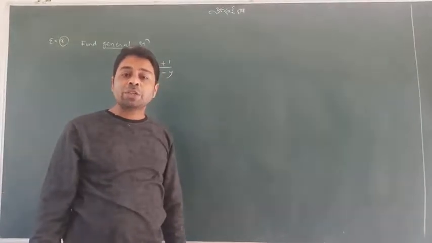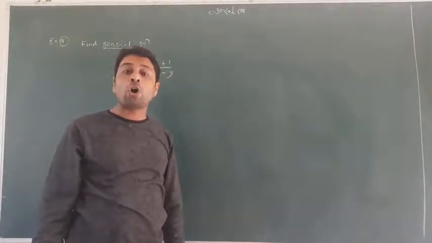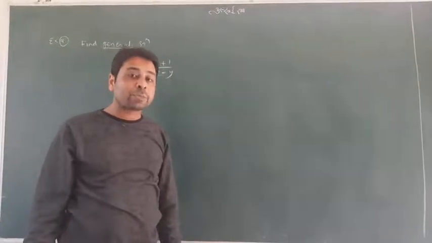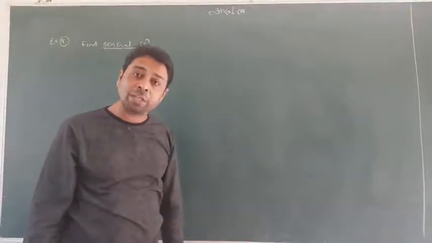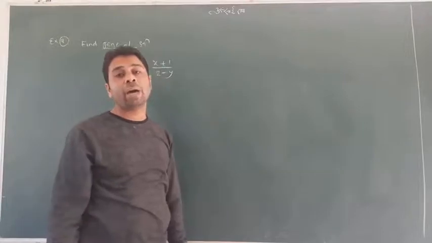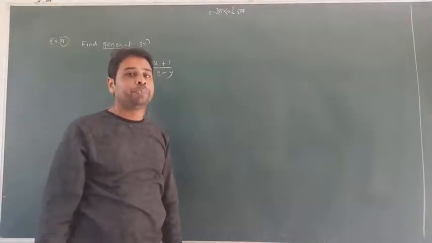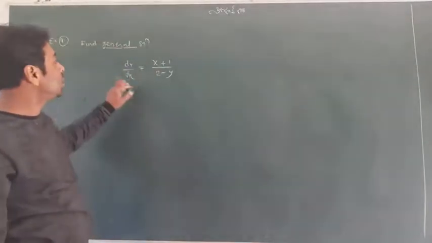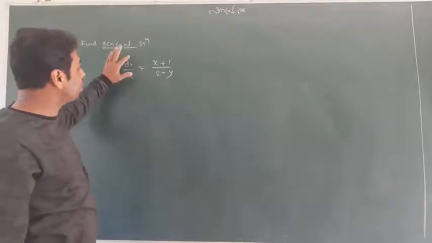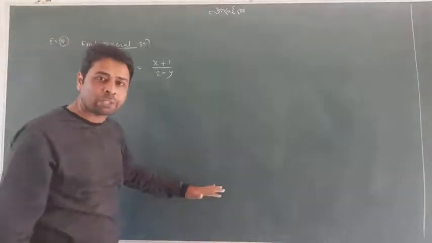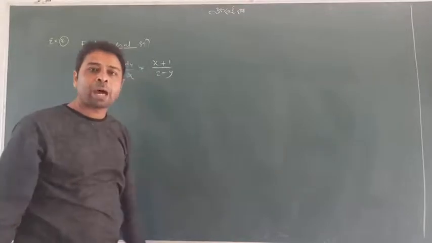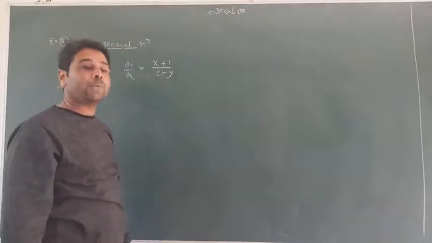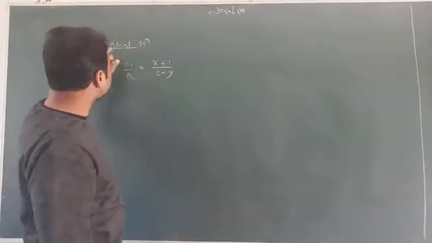The arbitrary constants in the solution depend on the order of the differential equation. As many as the order of the differential equation, that many arbitrary constants you will have in its solution. So remember this sentence. Now dy by dx equal to this has order 1. Definitely when you have a solution, it will contain one arbitrary constant, and wherever the arbitrary constant is in the solution, it is called a general solution.